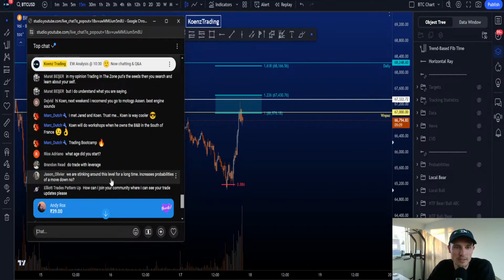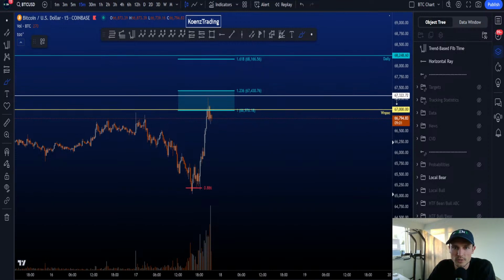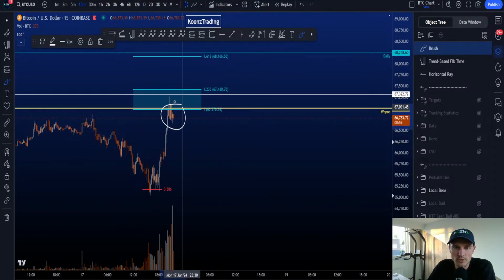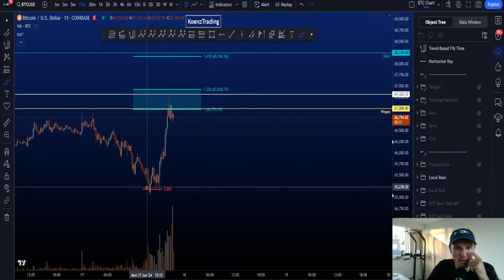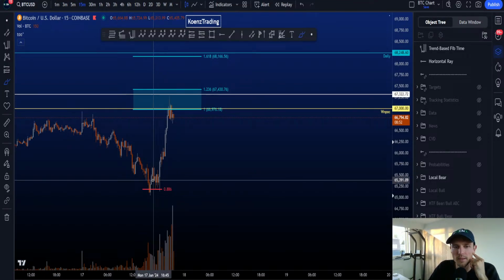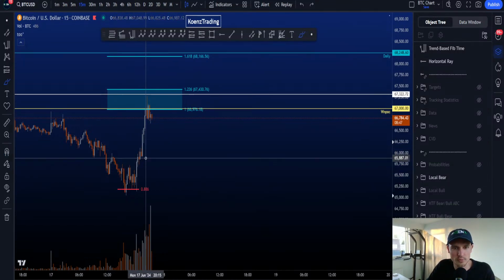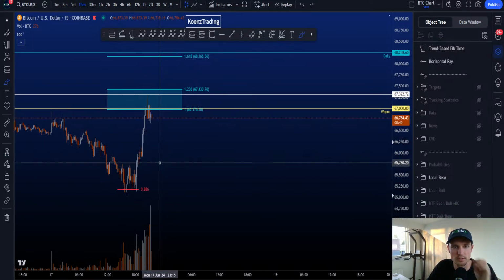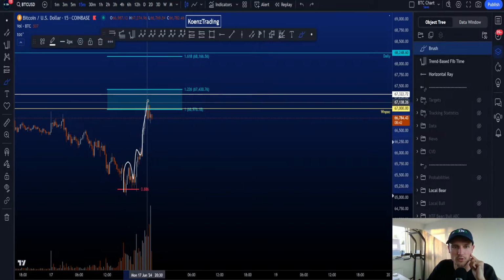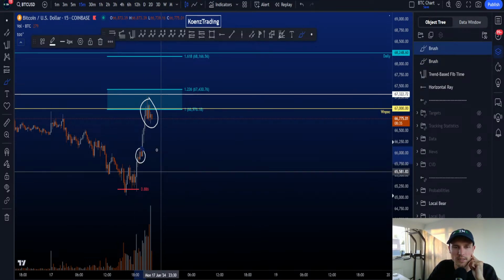Yes. We are sticking around this level for a long time. Increased probabilities of a move down. Well, we still want to see a wave 4 in a bullish scenario. So this range, of course, can either be a 3-wave move up, ABC, or a wave 4. So preferably in a bullish scenario, you have 1, 2, 1, 2, right? A double 1, 2, because the highest amount of volume is in the latest move up. So preferably you look for 1, 2, 1, 2, 3, 4, 5, 4, 5. So that this wave 4 is matching the wave 2 we had here. And then another